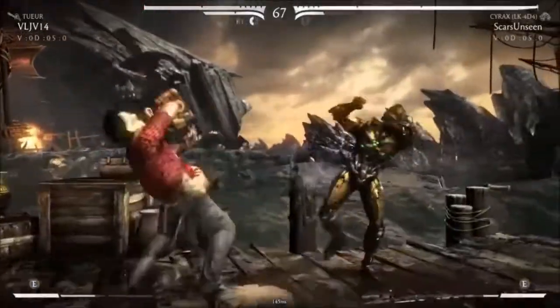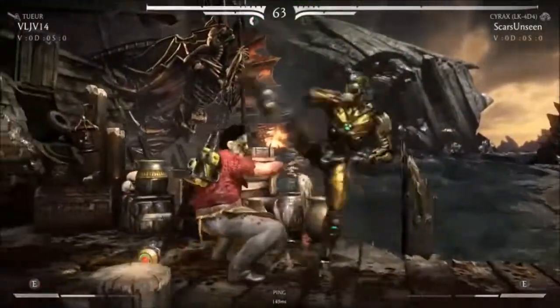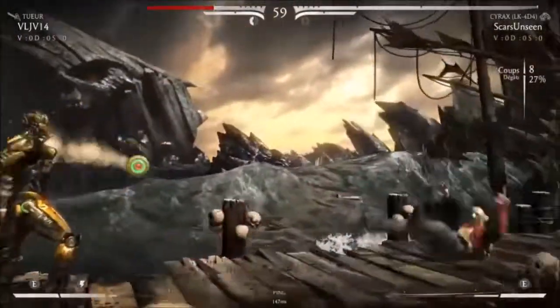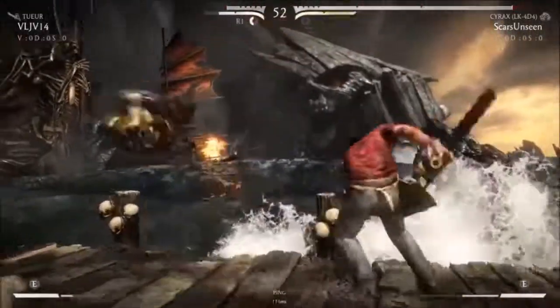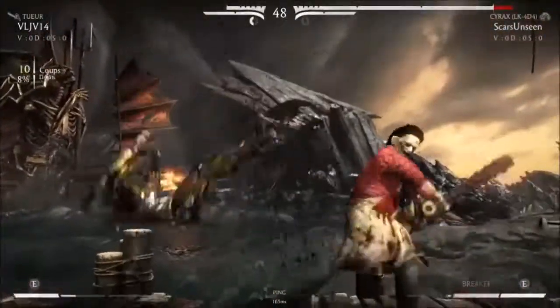Oh wow. See, that's actually an interesting setup, because I would have definitely got hit by that, because that's like a layer 2. If you expect the hard to blockable, then that setup will get you. And he realized that she was gonna go for a reset into a non-hard to blockable that time. Honestly, it's a standard Cyrax strategy, but